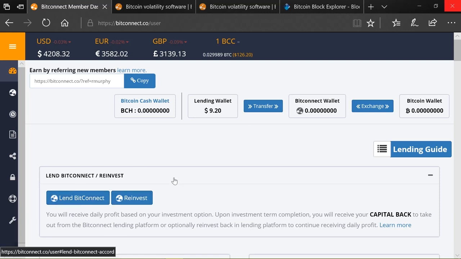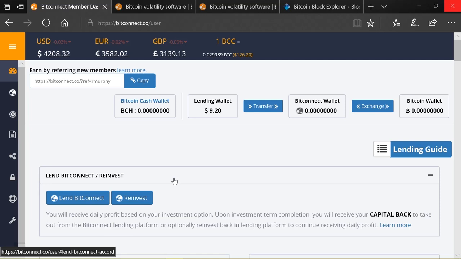So what is a trading bot? A trading bot, in the terms of Bitconnect, is, now the way I understand it, more than just an automated bot like an FX exchange, where you have your own software and it bets based on set parameters that you put in. The Bitconnect trading bot is an AI. It's quite simple AI. It's not quite deep AI. In fact, it's nowhere near deep AI, but it is intelligent enough to look at market trends. And what it does is that it trades the Bitcoin that you invested when you came into the system, and it utilizes the gains it makes over a day.